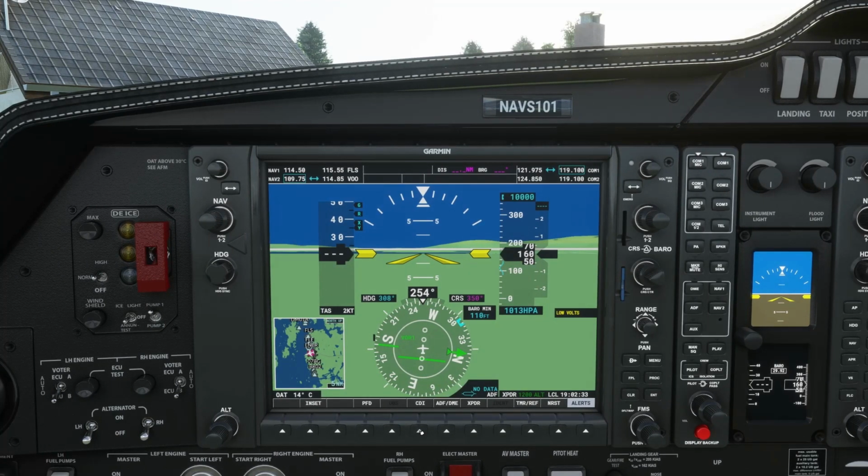If we go down to this soft key here, you can see it says CDI, the course deviation indicator. So to get to VOR2, we click that once, and there you can see it's actually got VOR2 displayed. So all we have to do, once again, to tune that properly, is click on the course button there, and it does it for us automatically. Okay, cool. Now, what about localizer? Well, we can do that as well.